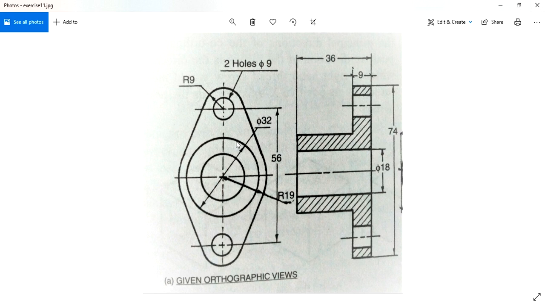Now we will draw this circle. The diameter of this circle, this one is 18. Okay, inner circle is 18 and the outer circle is 32 and the inner circle is cut. It's through all and the thickness of this circle is 36. So 36 minus 9, it's 27. Okay, so let's start.